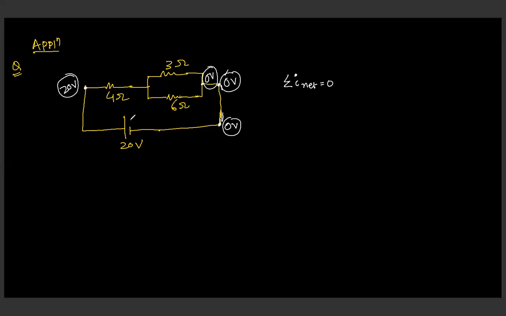Why am I doing so? Because a single battery is present. And we don't know the potential of this junction, so this will have an unknown potential X. If we are able to solve for the potential of this point, then we can find the current in each branch. Whatever current is emanating from this battery, let it be I. This I is going to be divided between these two resistors as I1 and I2. So we can write I is equal to I1 plus I2 at this particular junction, right?